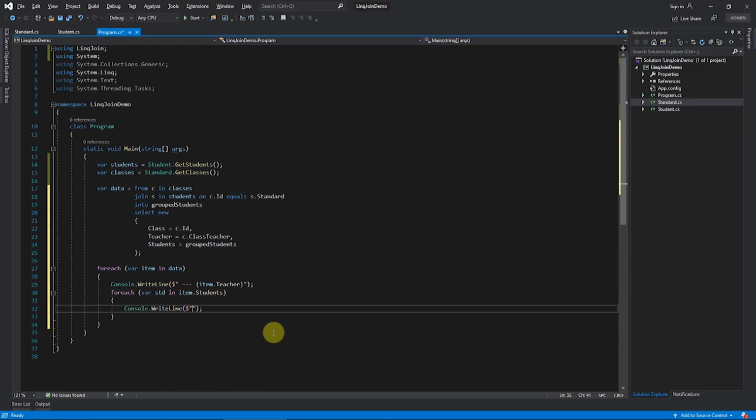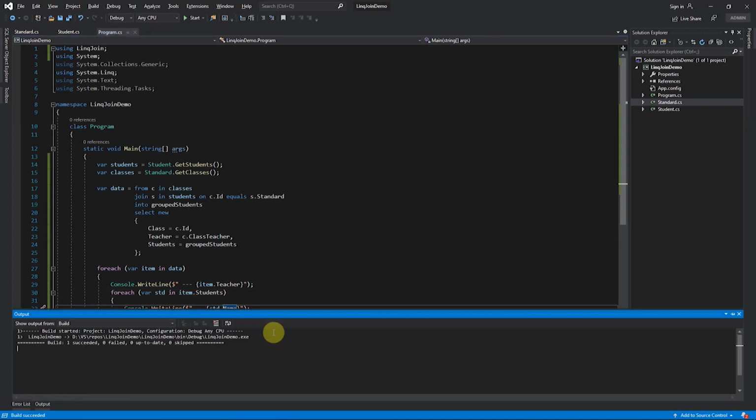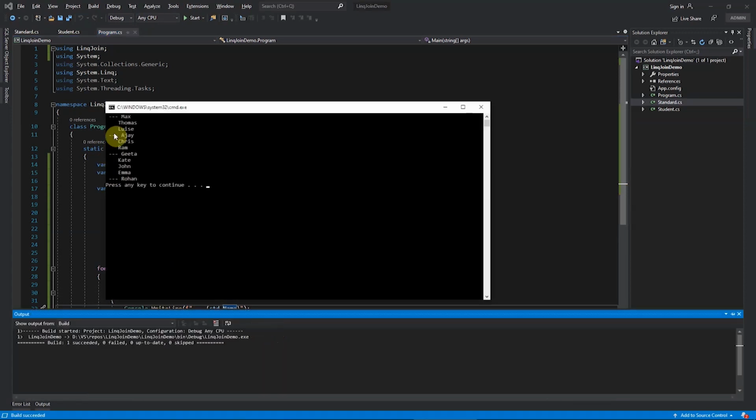So I will leave some 3-4 spaces here so that there is indentation when you are printing, and here I will say std dot maybe I can just print name. So now let's see what the output is. So when you run this, now you can see